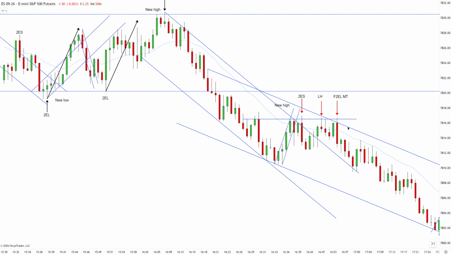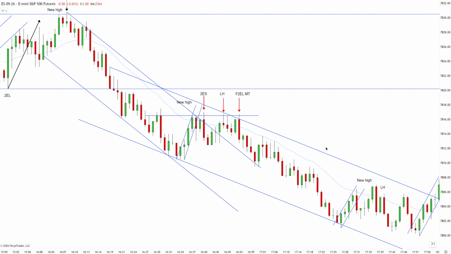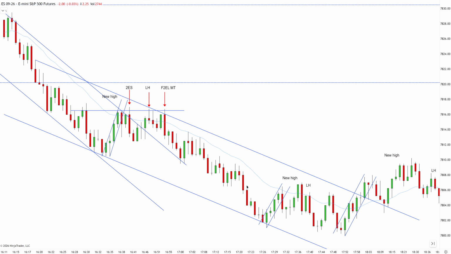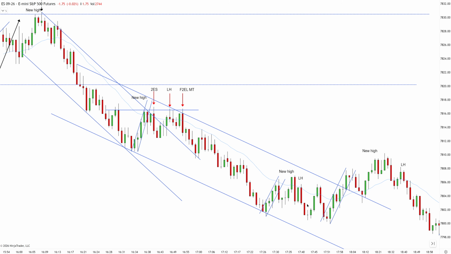You saw me explaining these trades. All of these are great trades to consider. Market continues to go lower. You have a break to a new low and the market keeps trending down. Some traders took the lower high and ended up with a winning trade, but to me, a little bit too early still